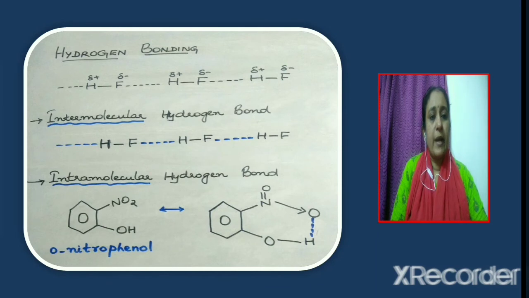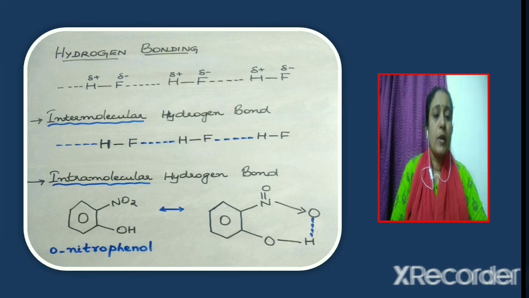What is meant by hydrogen bonding? To understand hydrogen bonding, consider the molecule hydrogen fluoride. This molecule is a polar molecule because the bond present is polar. Why is the covalent bond polar? It is because two different atoms are present in the molecule, and we know that fluorine is more electronegative than hydrogen. Therefore, the bond pairs of electrons will be attracted more towards fluorine, and therefore the fluorine end develops a slight negative charge and the hydrogen end will develop a slight positive charge.